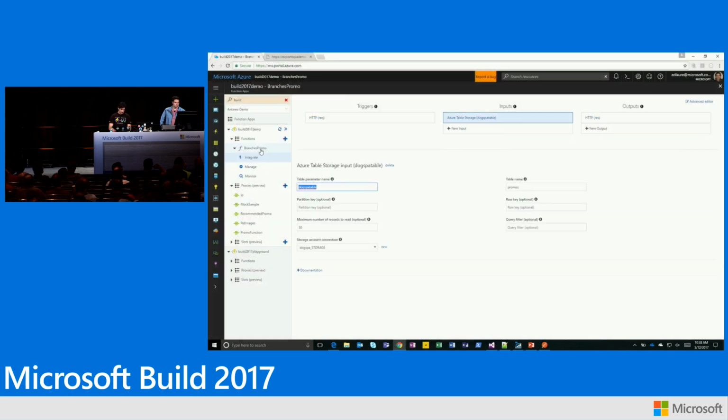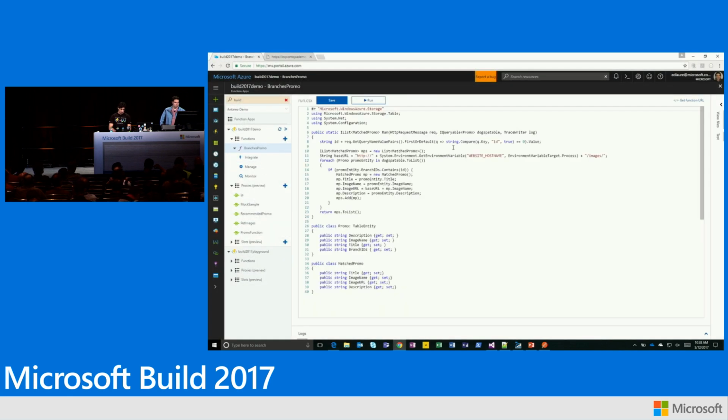So now back to the code on this function. I showed how I can connect to the table storage, and that name was dog spot table. And the great thing I like is I don't have to manipulate the table to fill in all my objects. I declare my class down here, and as data comes, it will automatically serialize into that object, and I'll be able to manipulate them inside my function. As you can see here, there are not many lines of code that deal with the table.